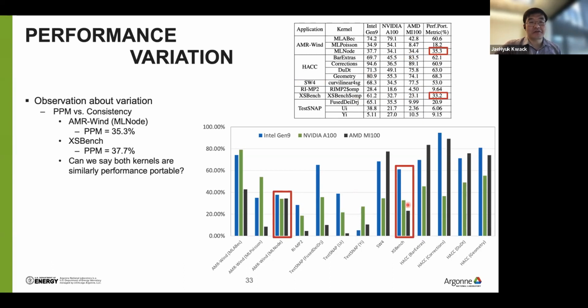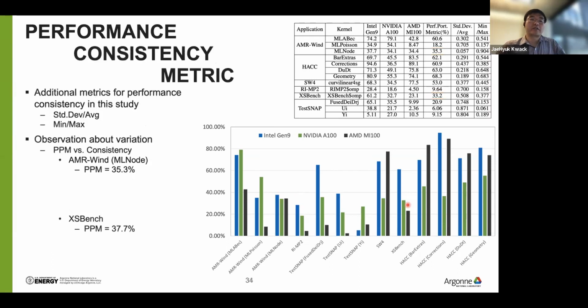So can you say both kernels are similarly performance portable or not? Someone may say yes, or someone may say no. Actually, we saw different responses from our colleagues as well. For someone who doesn't think they are similarly performance portable, we think an additional metric could be helpful to understand the consistency of the performance, right? Performance consistency. So what we did here is we tried an additional metric for performance consistency, which can be